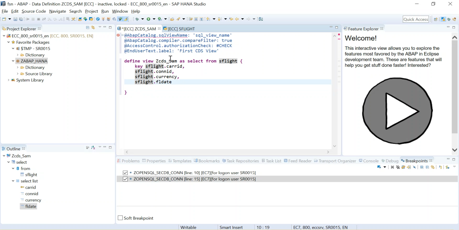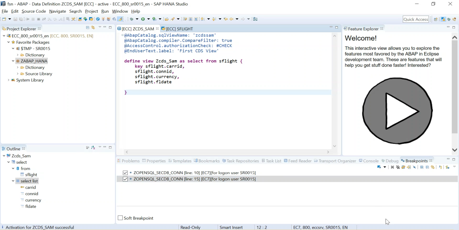Here this is my CDS view entity name. Here this is my CDS SQL view name. The DDL, we can call it a DDL source name as well, or data definition view. Here I am naming one name, and I'm removing the underscore from CDS Sam, so Sam. So this is my SQL CDS view, and this is my CDS view entity, which you define using data definition. So I'm activating. When I activate this CDS view,